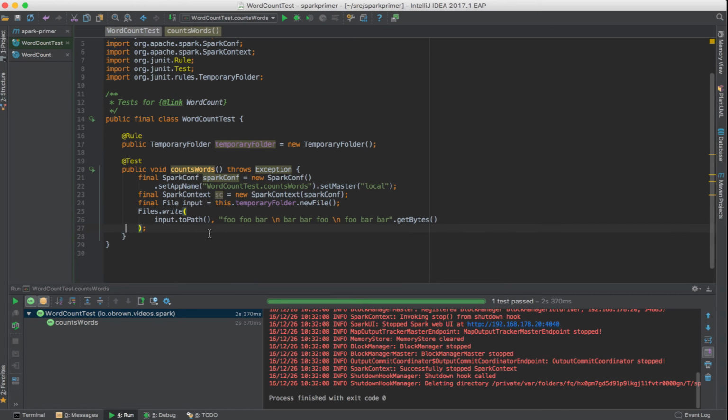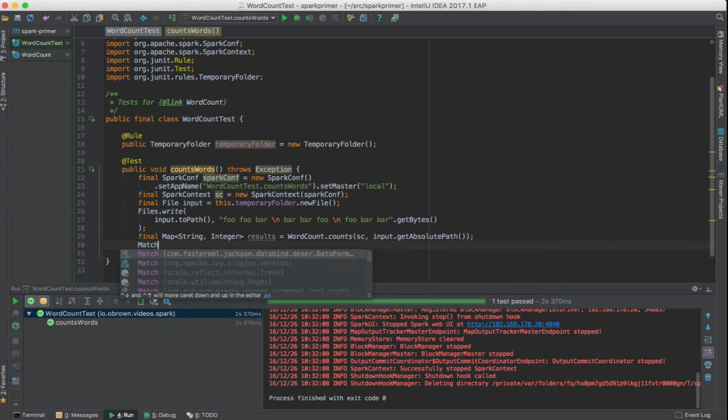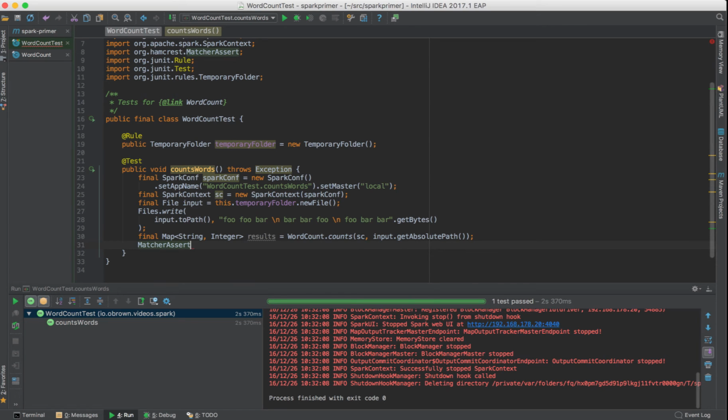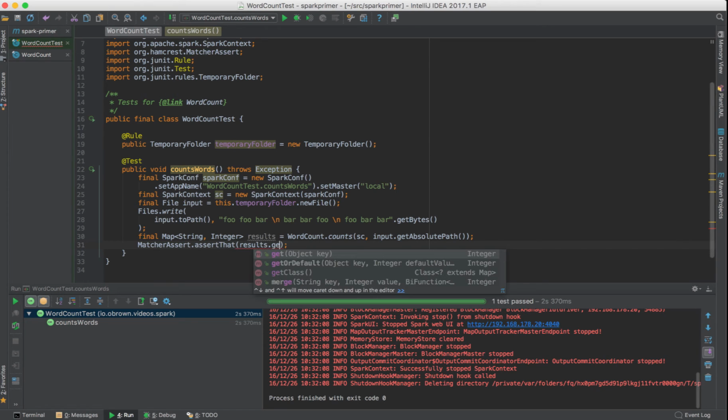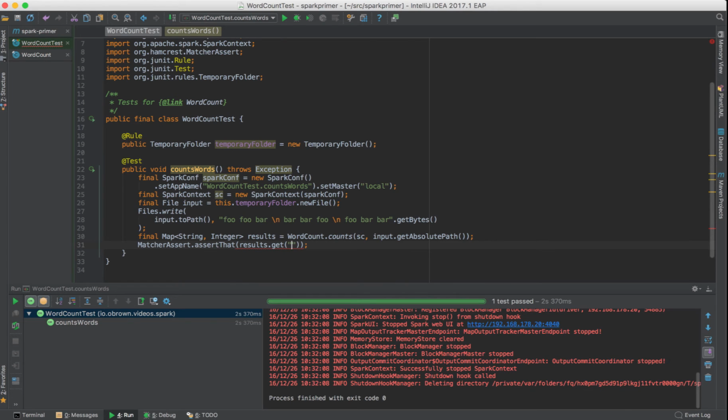This should be it. So if we do counts for Spark context, and the input file get absolute path, this should be our final results. String, integer. Then in theory, if we were to go through the pain of Hamcrest, assert that results get true should be